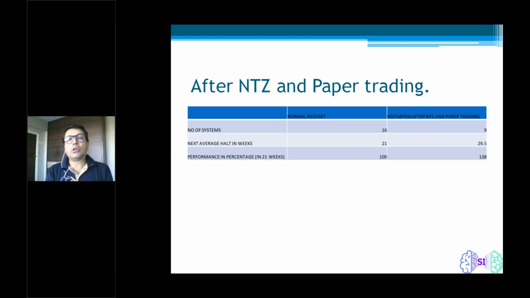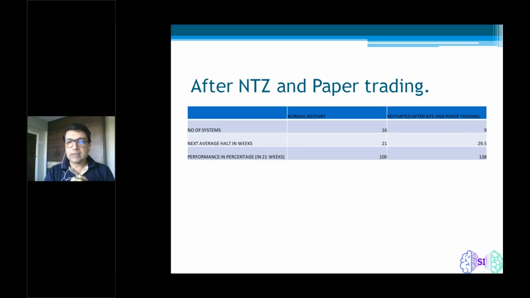We are also not talking about a system that has performed well only in the backtest or in the, you can say, forward walk. We are not talking about that. We are talking about the systems that have really performed well in live market, and after a while they stopped performing, and because of which we had to press the kill button.